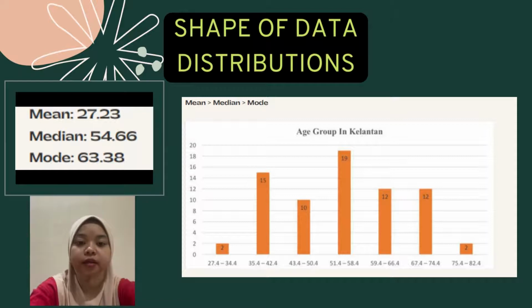Last part is the shape of data distribution. The shape of data distribution of the current age group in Kelantan. Mean is 27.23, median 54.66, mode 63.38. Okay, based on the graph of the age group in Kelantan,